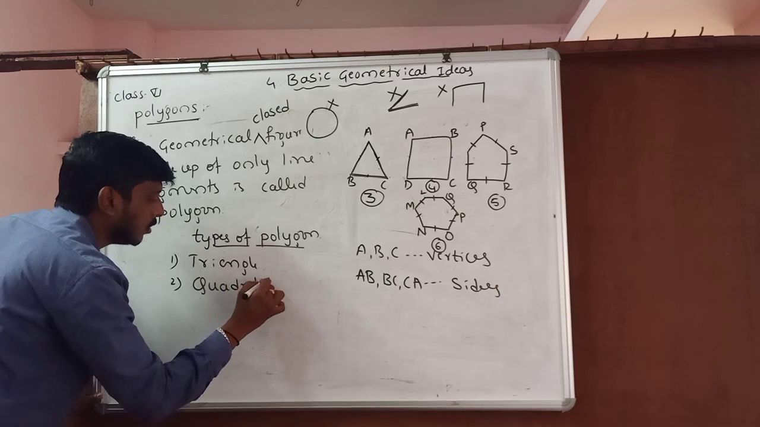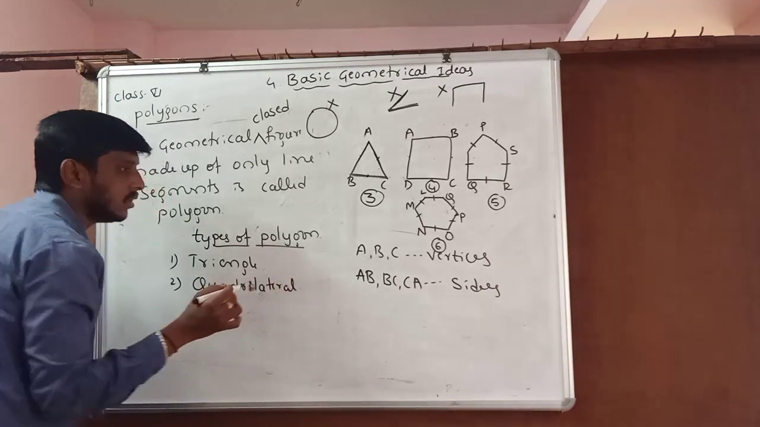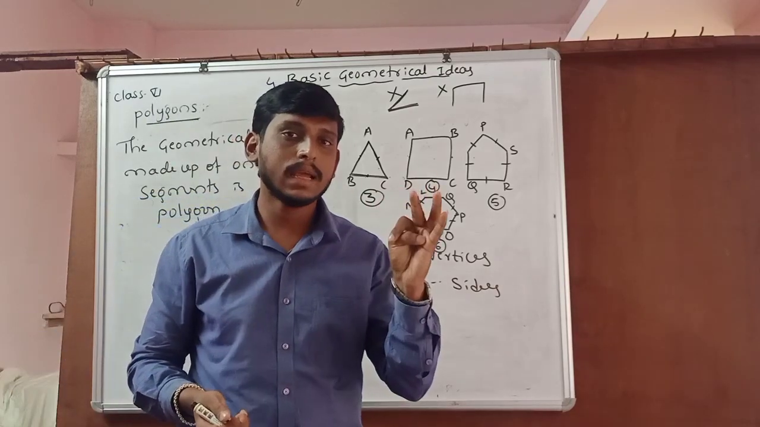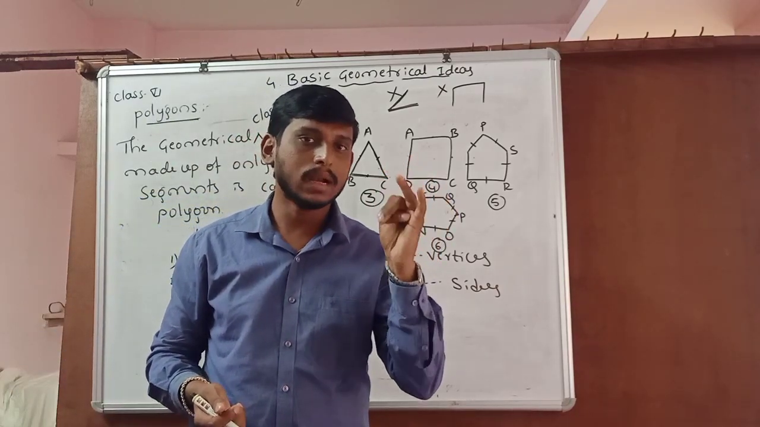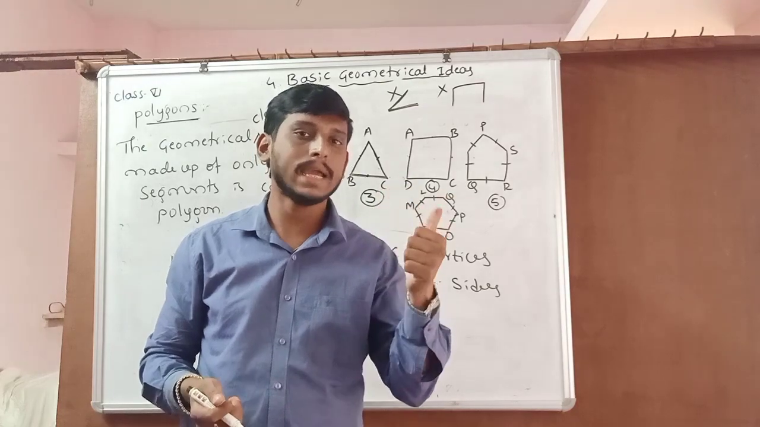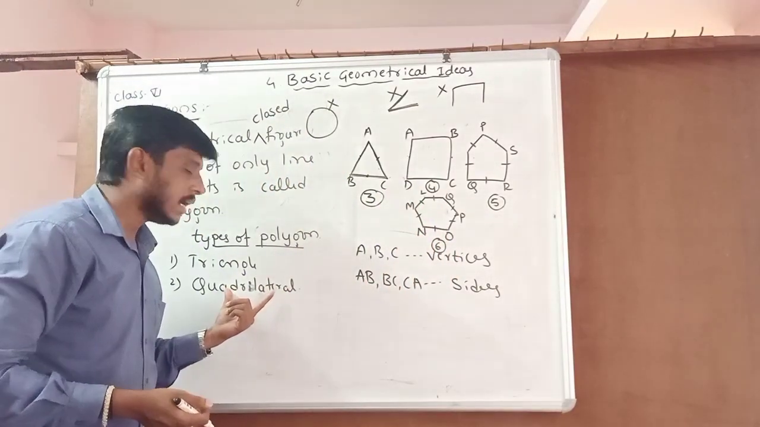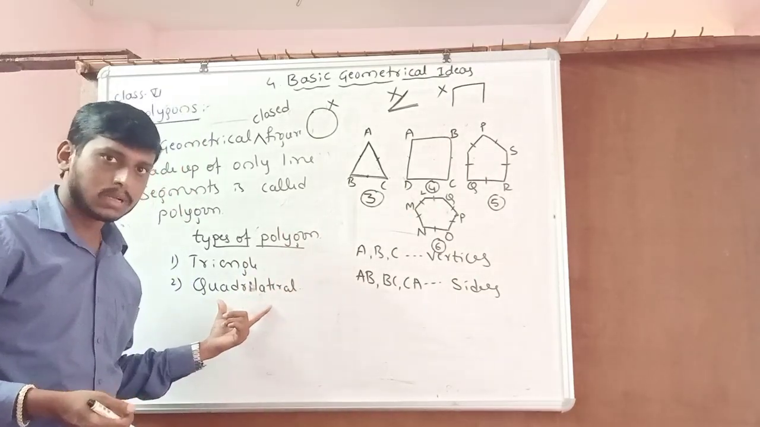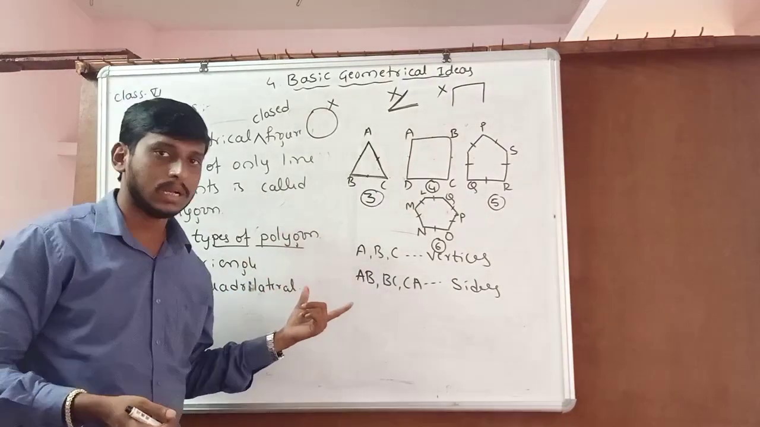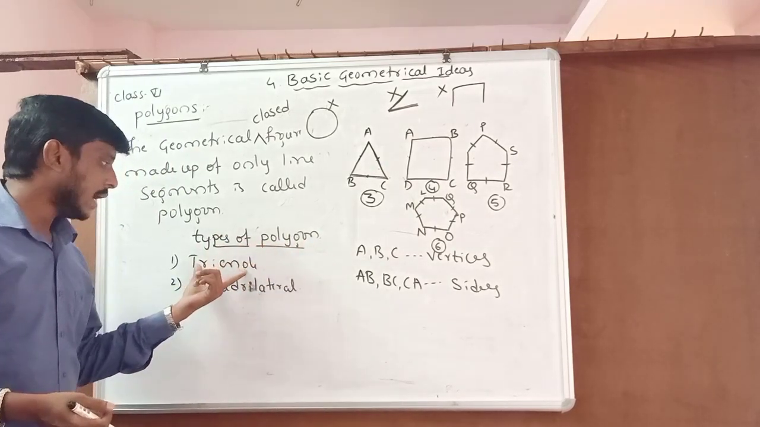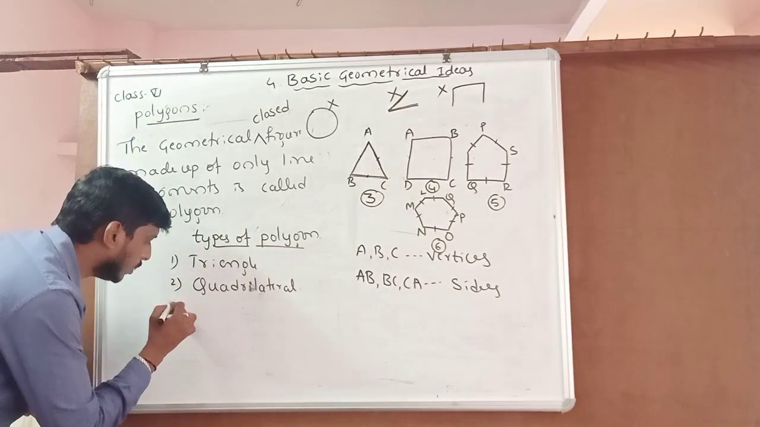The second one is a quadrilateral. In quadrilateral again, I think five to six types are there. What are those? Square, rectangle, next what? Parallelogram, trapezium, rhombus, kite. These are the types of quadrilateral. I will explain again when the next concept, quadrilateral, comes. That time I will explain the types of quadrilateral. Now, these are the types of polygon: triangle, quadrilateral. Next one,